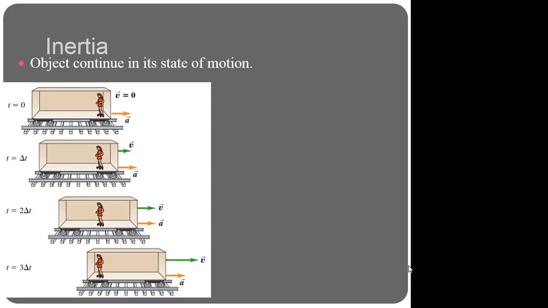So inertia is very well demonstrated in this example. We have a train at time 0, not moving, with the girl inside it. So we cut out part of the train, right? The physicists, to demonstrate this, literally cut out part of the train, and then they have the train start moving and accelerating. So when the train starts accelerating, the train starts to have the green arrow,